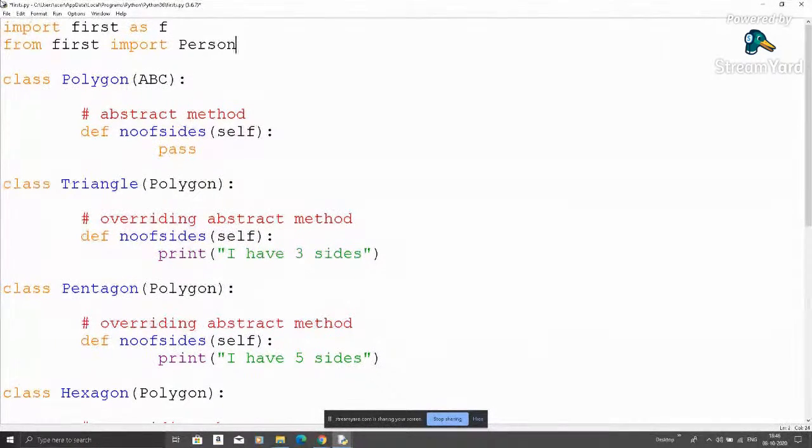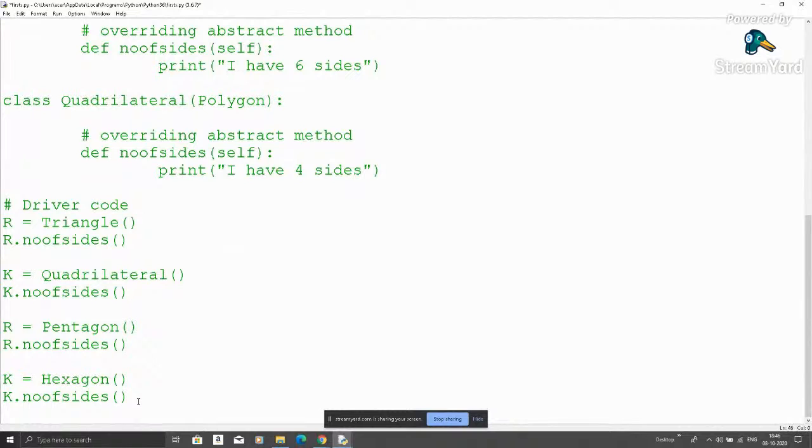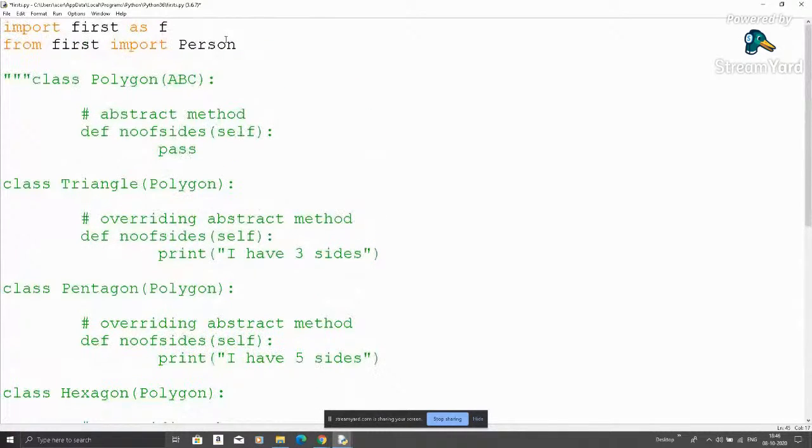So let's not clear this thing, but comment out all these functions, so you will get a better way to define this. When we import this, let's remove this also, because we will also work over there. I want to use Person over here.